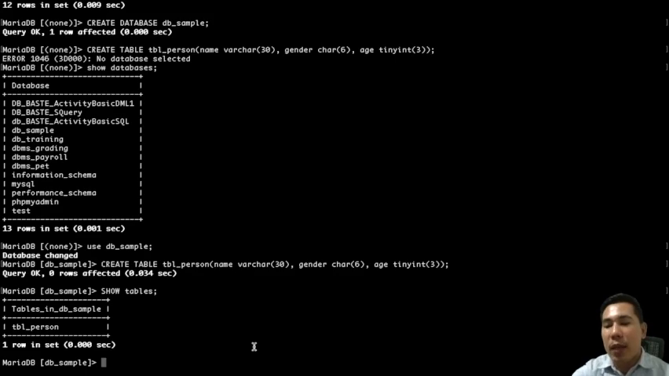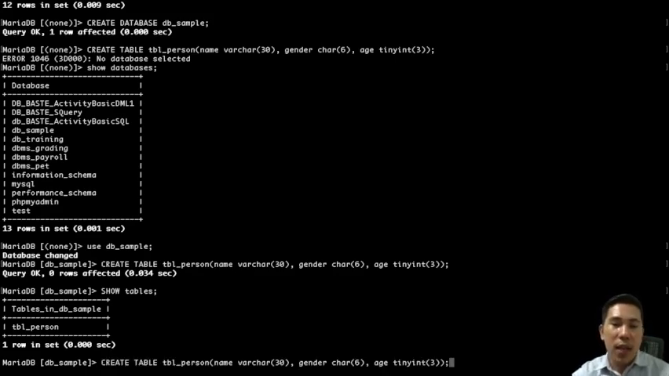Now, what if I'm going to create more? So let's say I'm going to create another database, a table rather. So let's say TBL pet. Okay, and then this time I'm going to include an ID. So we have here int, I would put here 12. There. So we have here ID, name, gender, and by the way,